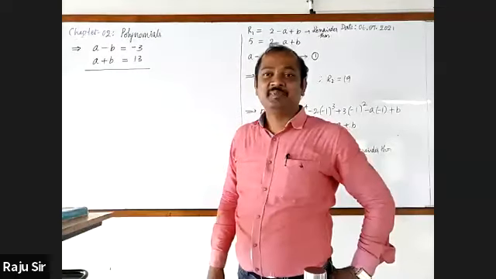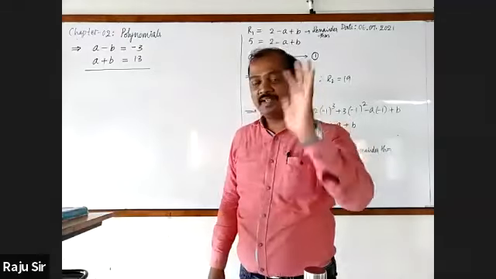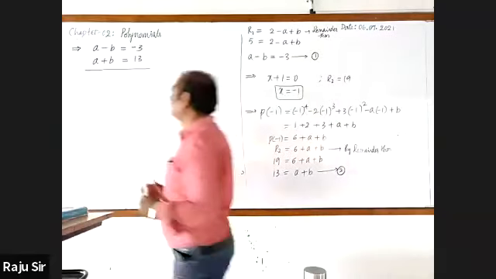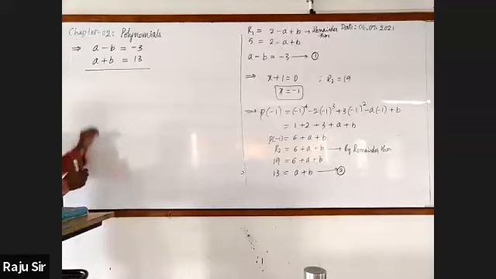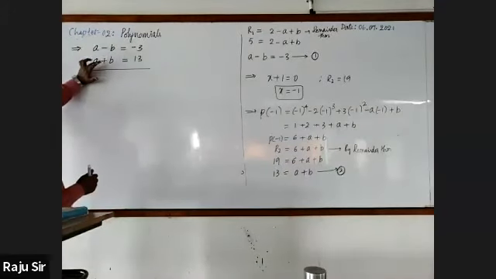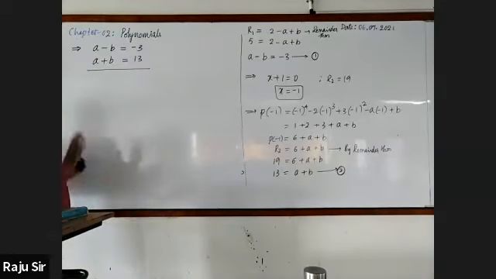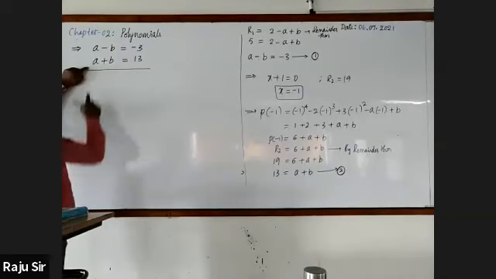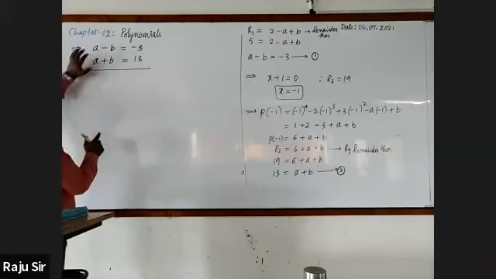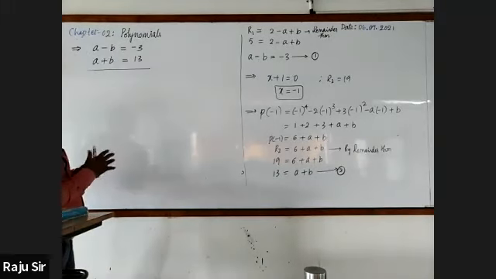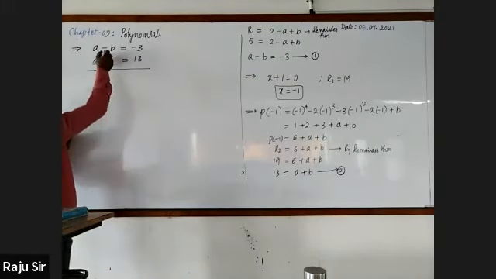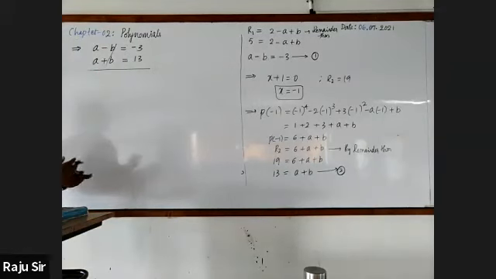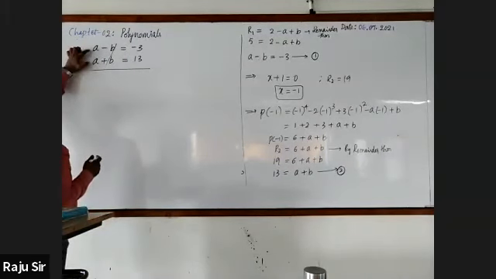Okay, stop your response and just listen. Here we have minus b and plus b, so both can be cancelled. b can be cancelled. If you want to cancel a, then you should change the sign. If you change the sign, then only you can cancel a. No need. Directly, we have opposite signs with the same term, we can cancel. Then what is a plus a?